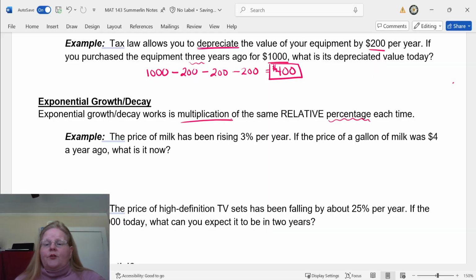For example, the price of milk has been rising by 3% per year. If the price of a gallon of milk was $4 a year ago, what is the price now? It was $4 1 year ago. It's been rising by 3%. So I need to find out how much it rose between last year and this year. So I would multiply my 4 by 0.03, because that's what 3% is. And we would get